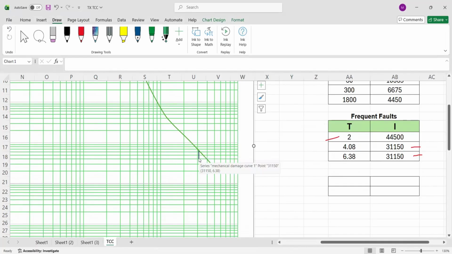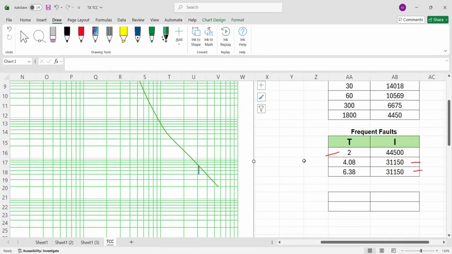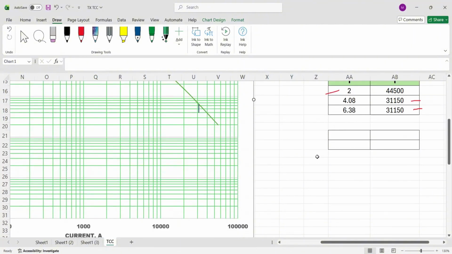So we now have the straight line from 4.08 to 6.38. Next is another line at 2 seconds, where the current is 44,500. So meaning the current is somewhere here.